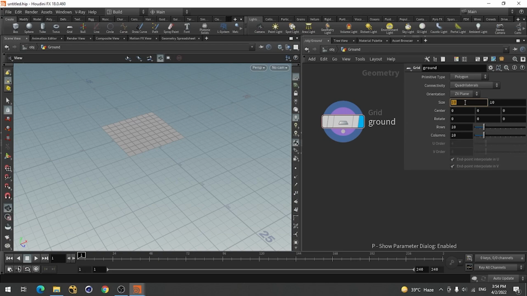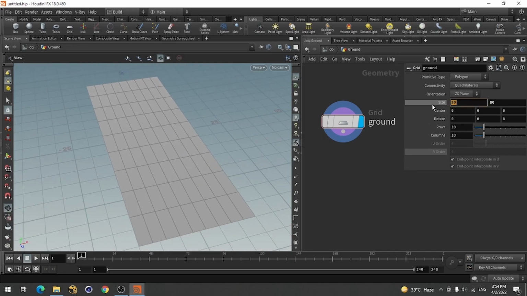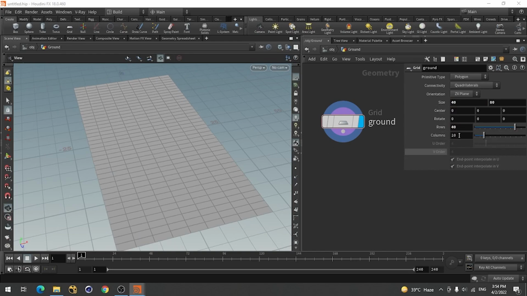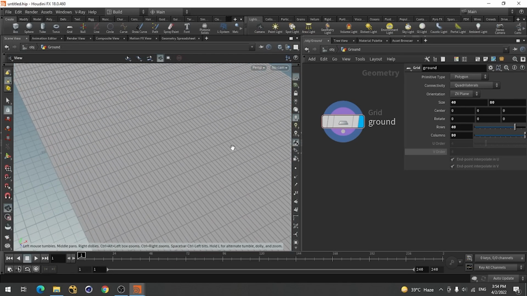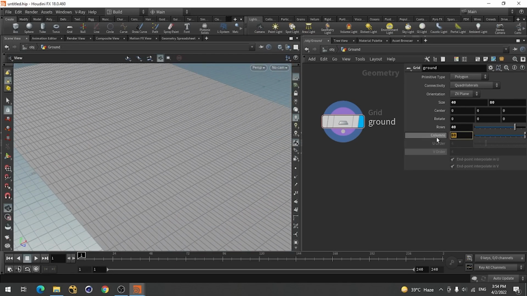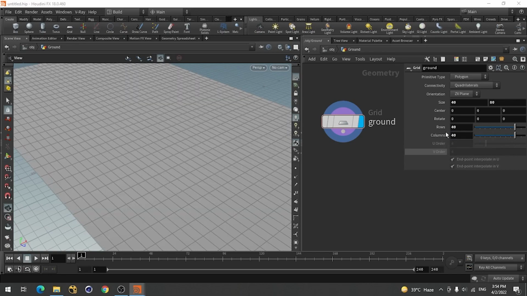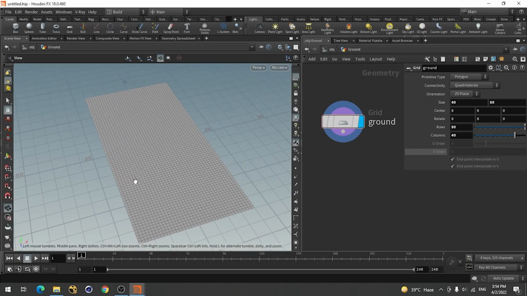So let me just make this around 30. I think 30 is enough, and let me just make around 80, or maybe 40 by 80, and that's enough. And just give it some segments, and now again you can use, I think 160 will give you uniform. No, I think this is 40 and this is 80. Yes. Okay, now just add a mountain node